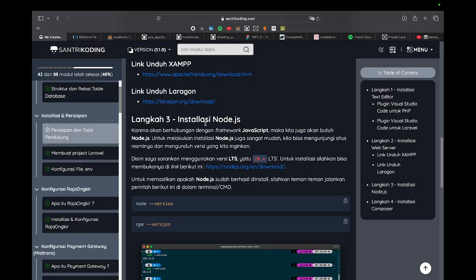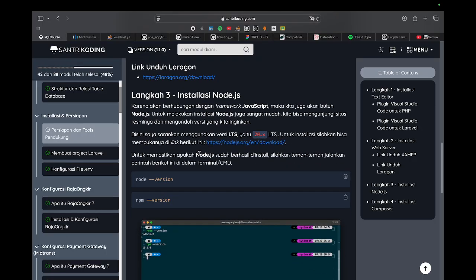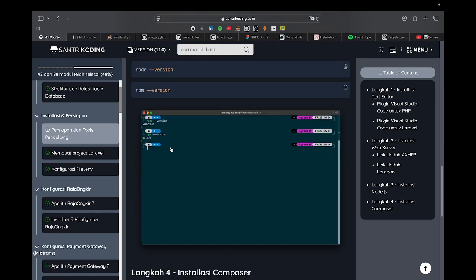Next we install Node.js, because this framework uses JavaScript, so we need Node.js, because in this project we have JavaScript, like notifications.